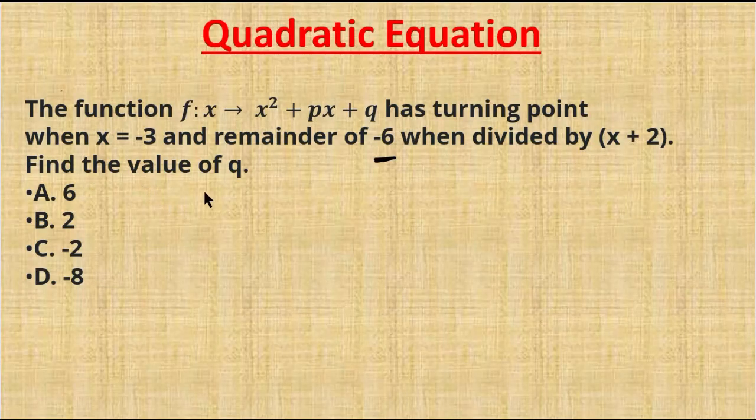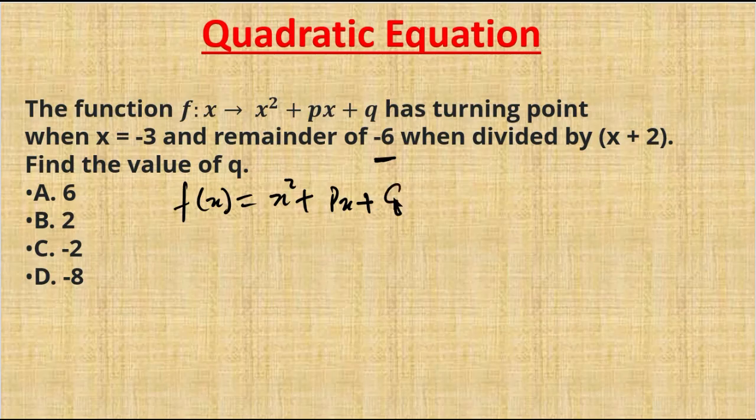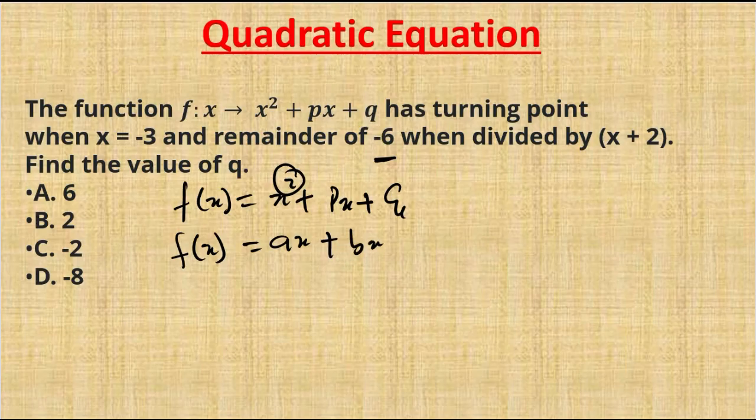We have this question on quadratic equations. It says if f of x is given as x squared plus px plus q. Now, since the highest power of x here is 2, we know that this is a quadratic equation. And we know that every quadratic equation takes this form: f of x is equal to ax squared plus bx plus